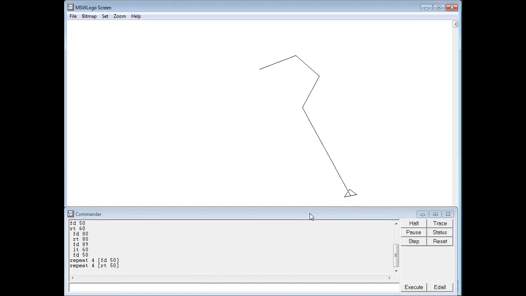Again I am writing repeat 4 times, with the RT command, 50 steps. Now you watch, the turtle moves in the right direction.